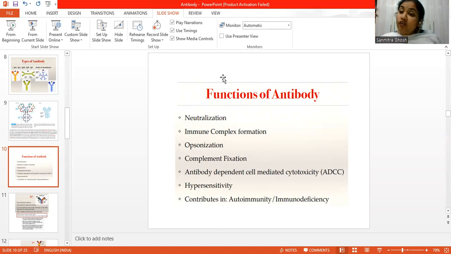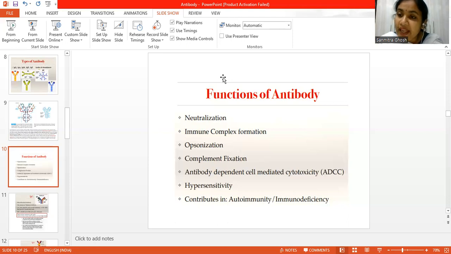But if there is overactivation of the immune system, then it can give rise to hypersensitivity. That is an abnormal manifestation of the immune system. And in this hypersensitivity also, the overproliferation of the B cell or overexpression of the antibodies plays a very